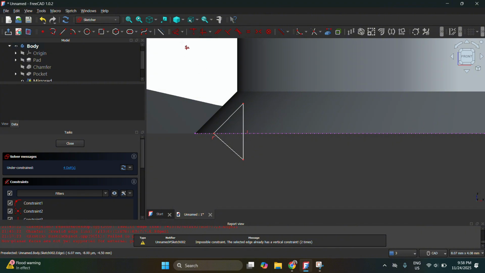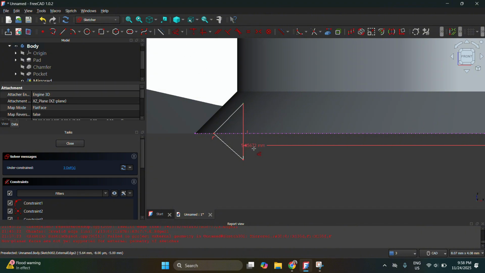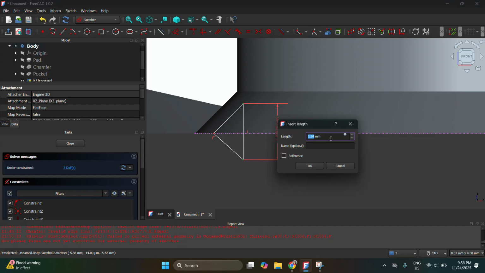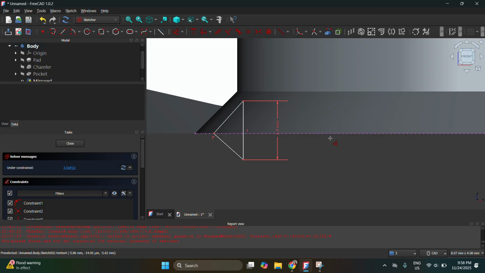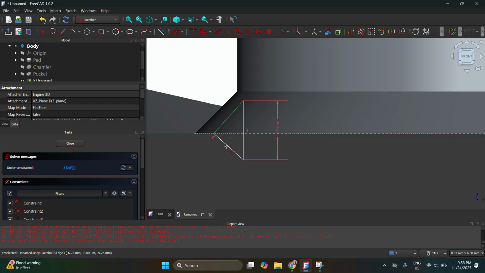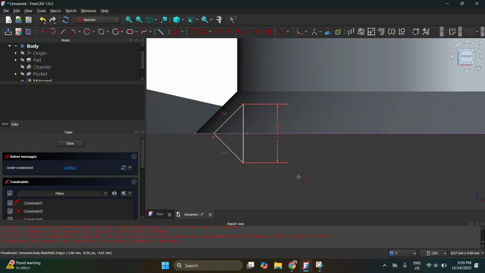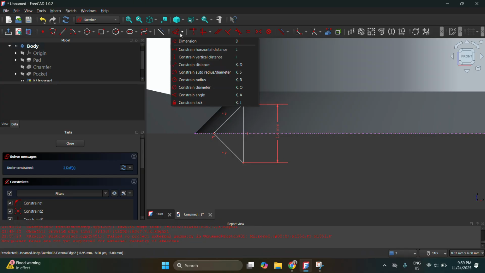Now, let's make sure that the height is, let's say, 1.4. And then let's make sure that these sides of the angle are also equal. So let's select constraint equal, and that's it. Then we also have to make sure that the distance from this point to this point is 1.2.